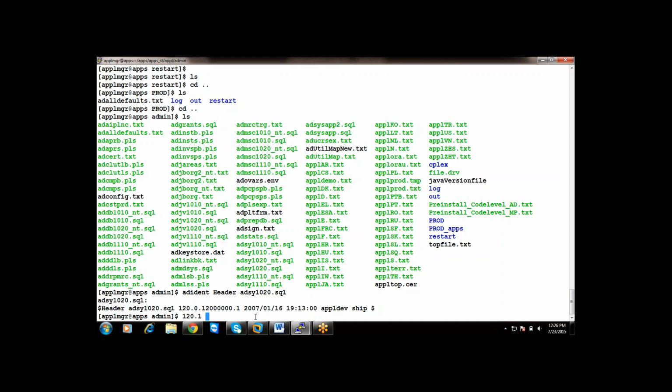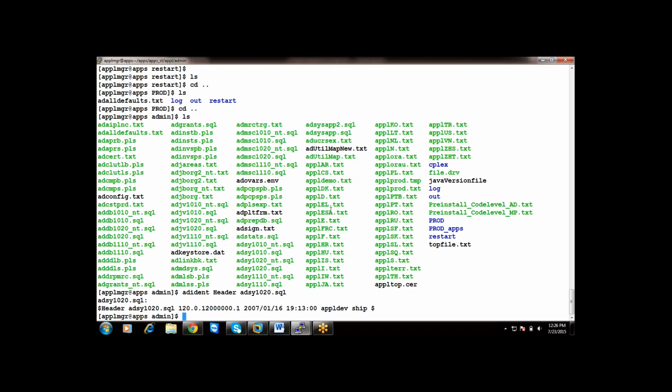Next, I am asking you the same question. Let us take an example where the patch file version is 120.0.9. Now tell me, is it going to copy the file? No, AD patch is not going to copy the file to the AppleTop, because the existing file version in Oracle application is higher than the file which is going to be copied. So at this point, your AD patch will not copy the file to the AppleTop.